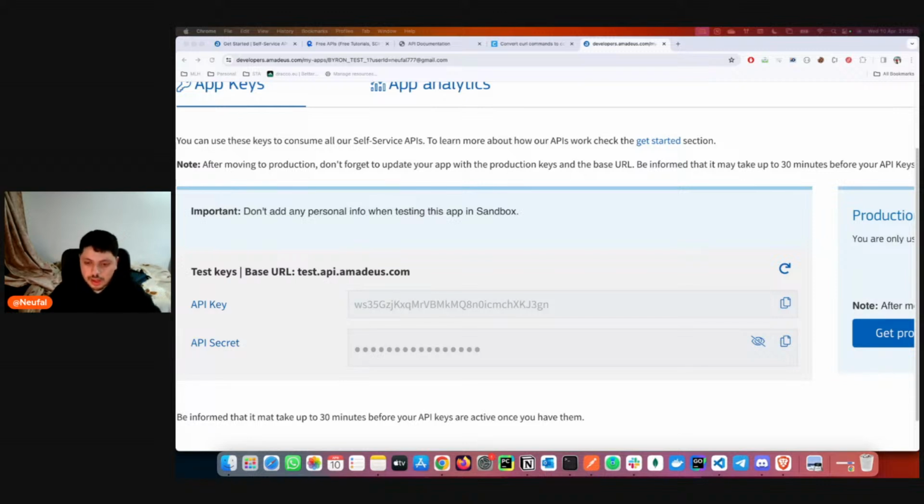In this case, you cannot use NASA and Amadeus together because it doesn't make sense. For example, if you want to allow someone to book a flight, you probably don't need NASA information. Well, probably you can say to the user, hey, there's this asteroid that is coming near the Earth in this position, don't take a flight or something like that. But in this case, it doesn't make that much sense to do that.